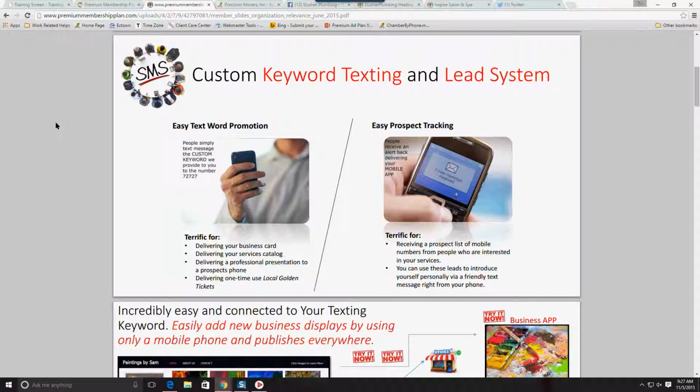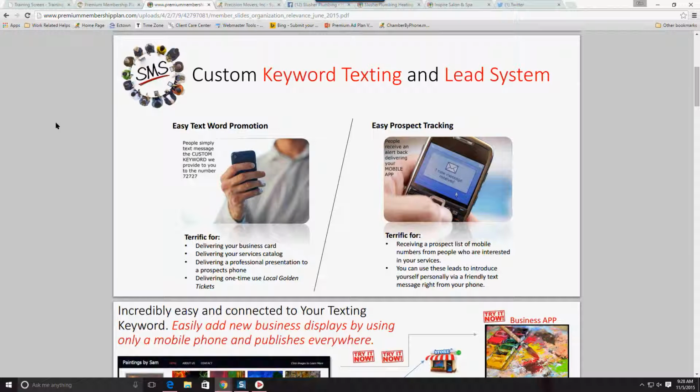And especially in our world today, everything is searched in the person's hand, whether it be by their cell phones, their smartphones, their iPads, their tablets. People are accessing information straight from their hands. And so it's usually less that they're actually going to a computer to look it up. And that's what we want to create for you, where people can access your business information, your products, your services, right from their hands. And so we create a keyword that all they have to do is simply text a keyword, and they will be given the information, a link that will take them straight to your mobile site.